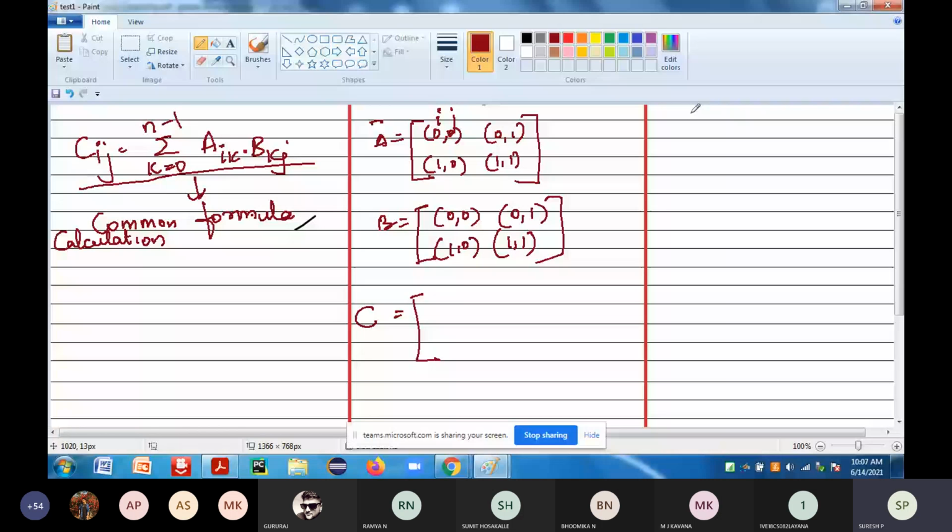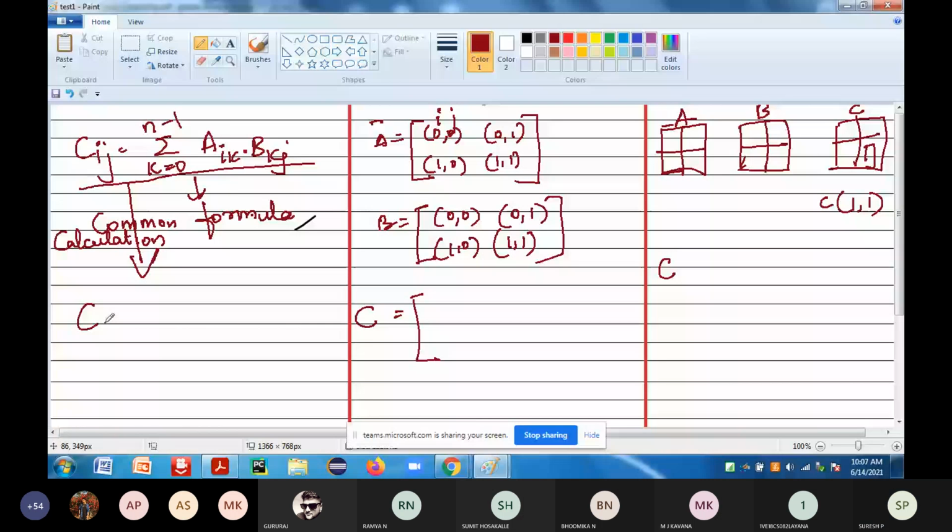According to the formula, C of 1 comma 1 will be equal to the summation of k equal to 0 to n minus 1 of A of 1 comma k times B of k comma 1. That's how the formula stands.